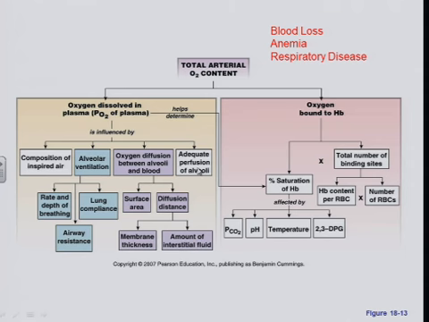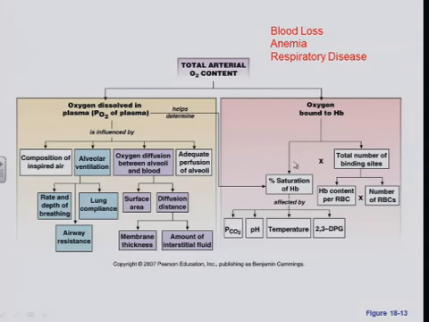If we have a pulmonary embolus, which is a blood clot in part of the lung, there's no blood flow, and that's going to decrease the total amount of oxygen we can get there, because that turns into alveolar dead space. Also, with respect to arterial oxygen content, we talk about oxygen bound to hemoglobin.